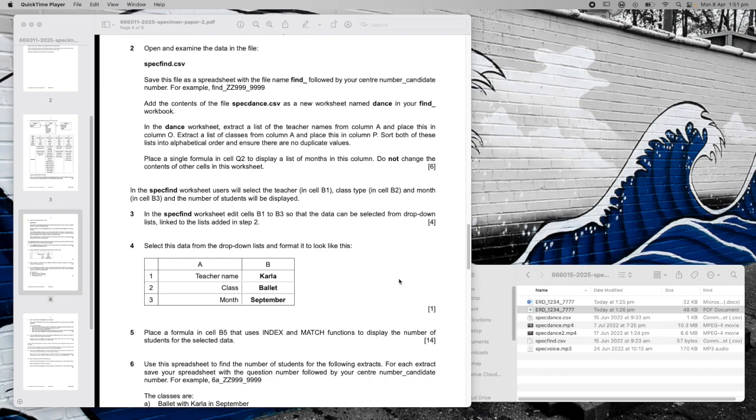Right, so now we're going to work our way through the next set of questions that are on this page. You can see there's a 6, a 4, a 1, a 14. So 14 is going to be a longer one. But these other ones, we should be able to work our way through the rest of these. So let's go through it step by step. Open and examine the data in file